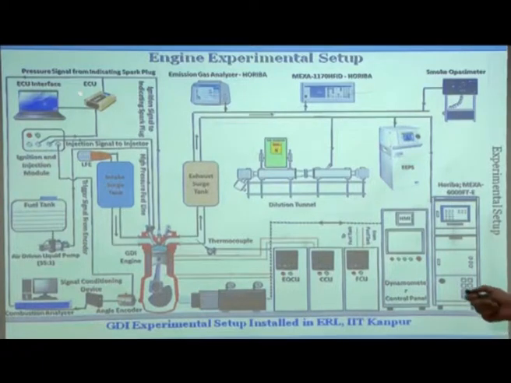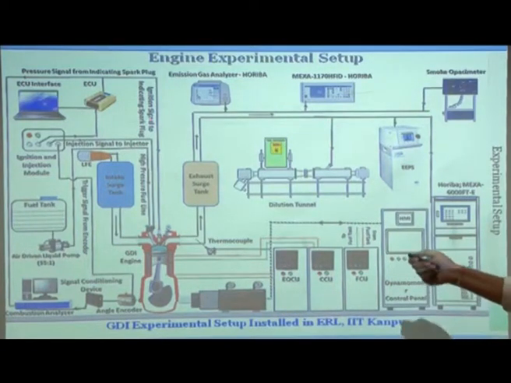Okay. And here you have to control the fuel injection. So, this is the open ECU, and this is the computer to control open ECU. Here you can give the command of when to apply the spark, what pressure fuel should be injected, what should be the duration of injection. So, everything is controlled here.